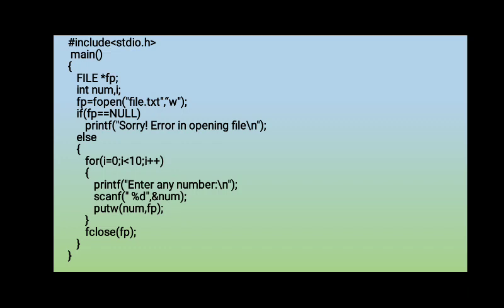So you're reading data one at a time and writing that to the file using the function putw. You can only write one integer at a time to the file. Multiple integers is not possible. So that is the use of putw, similar to getw, which reads an integer from the file. Here you are writing an integer to the file.